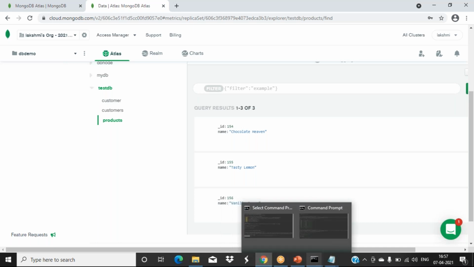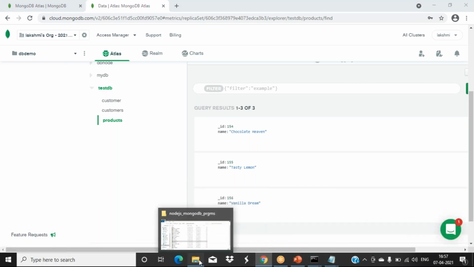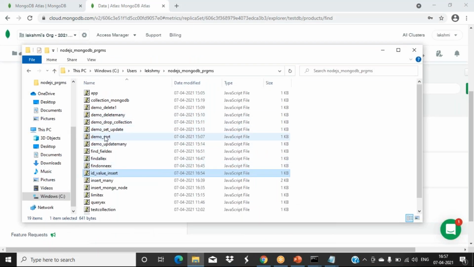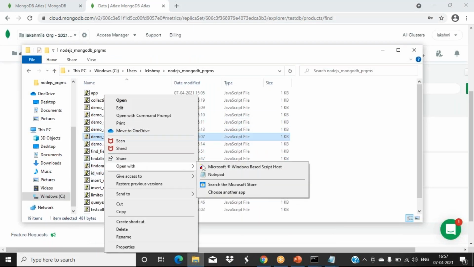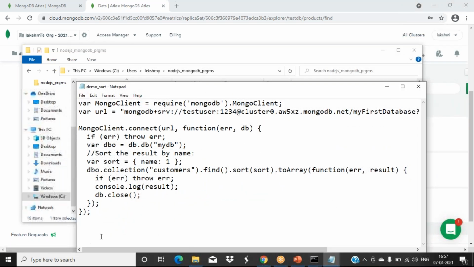Okay. So we'll see the sorting operation. So here we are connecting with TestDB, and we are telling which property we want to sort by.